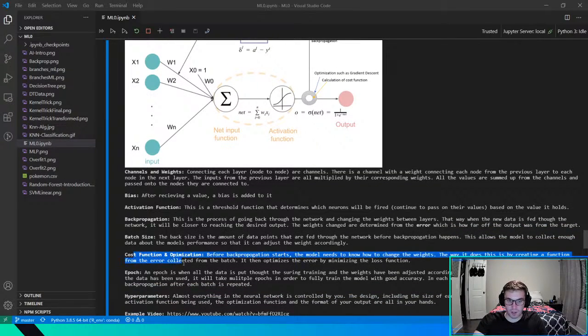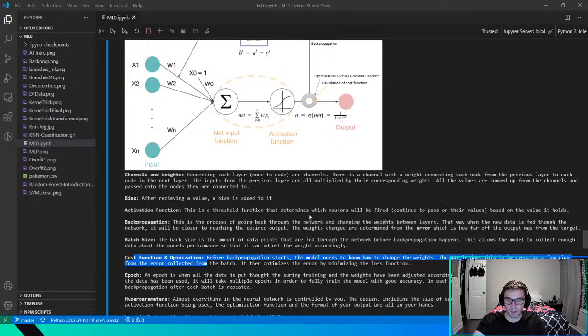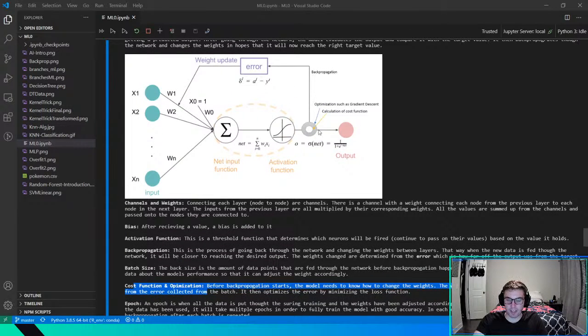The next thing is cost function and optimization. The cost function is basically how it's going to get that error. An easy cost function is just the predicted output versus the true output. That's usually not that good depending on the algorithm. A lot of times you can use something like cross entropy or mean squared error, all those kinds of things. So there are many types of cost functions out there, and depending on the problem, you probably want to change it. And optimization is basically how it tells the network to update the weights.